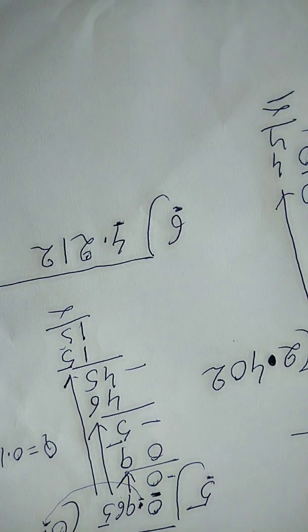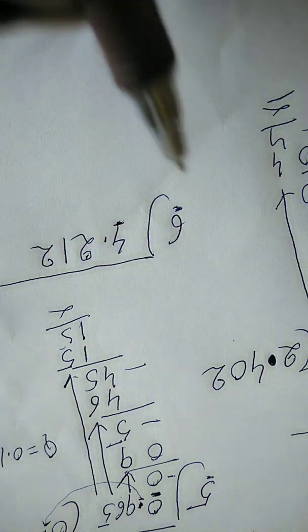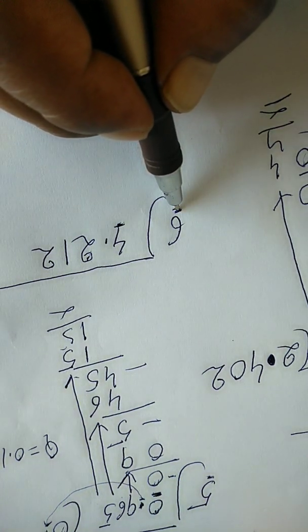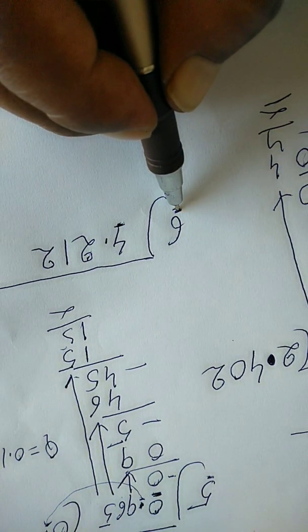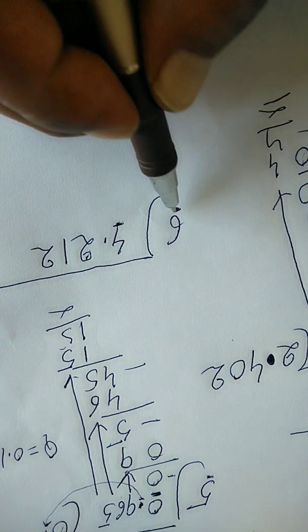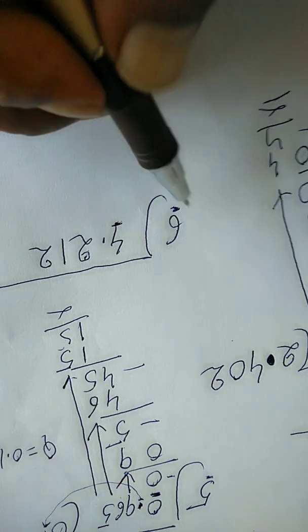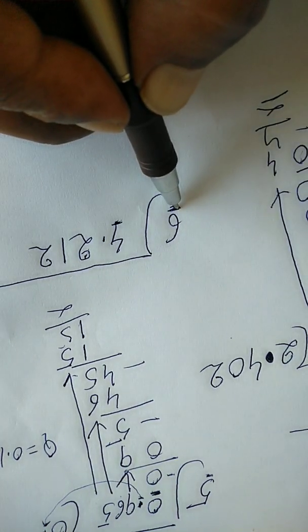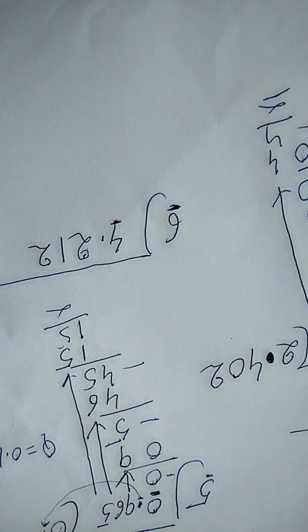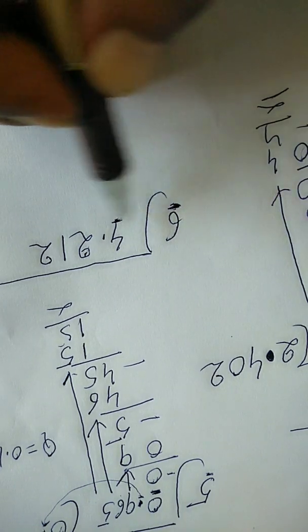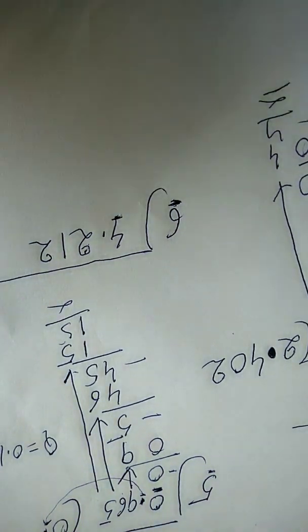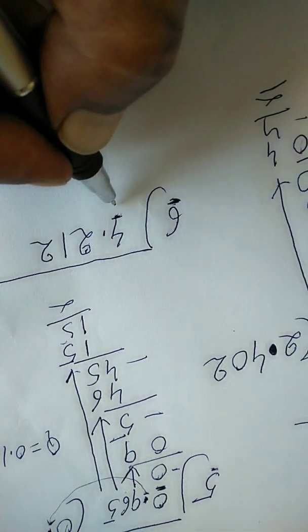Please be clear, you will recite the table right from 0. Any number's table you will recite from 0. If you recite the table of 6 from 0, that is 6 0s are the 0, then 6 1s are the 6. In this way you can recite the table. Now in the table of 6, will 4 come or not? 6 0s are the 0, so 4 will not come.